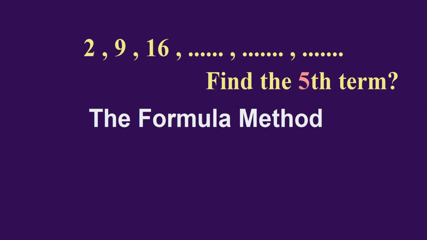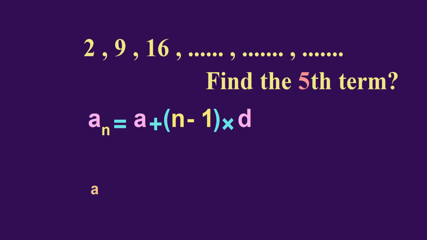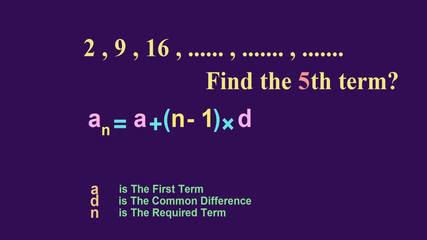Now, it's time to solve the problem by using the formula method. In this method, we use the formula a_n equals a plus (n minus 1) times d, where a is the first term, d is the common difference, and n is the required term. From our problem, the first term a equals 2, the common difference d equals 7, and the required term